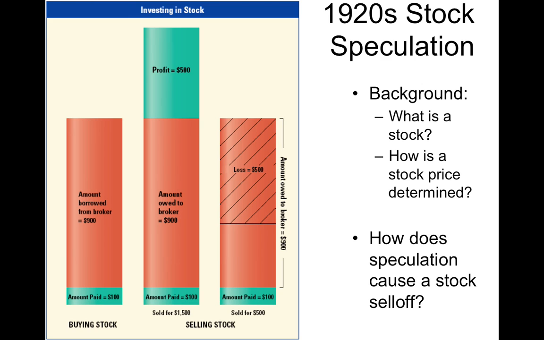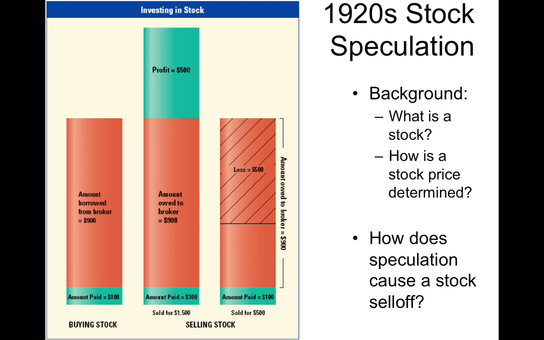You'd wait about 6 months and be able to sell that stock for about $1,500 because the stock market, the value of the stock market, kept going up over the 1920s, which means you can pay the broker back their $900. You pay $100 in interest to the broker for the ability to borrow this loan, but you make $500, and then you could take that $500, borrow more money, and reinvest if you wanted to.